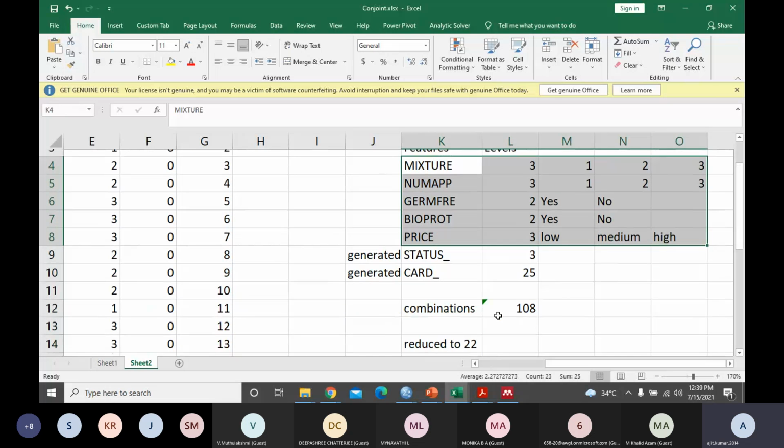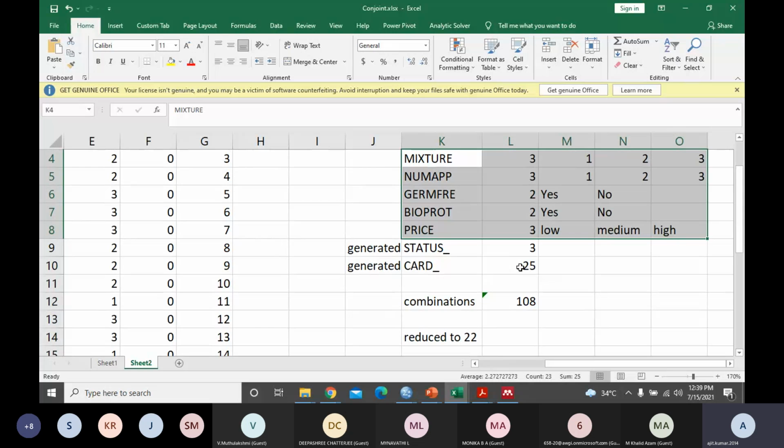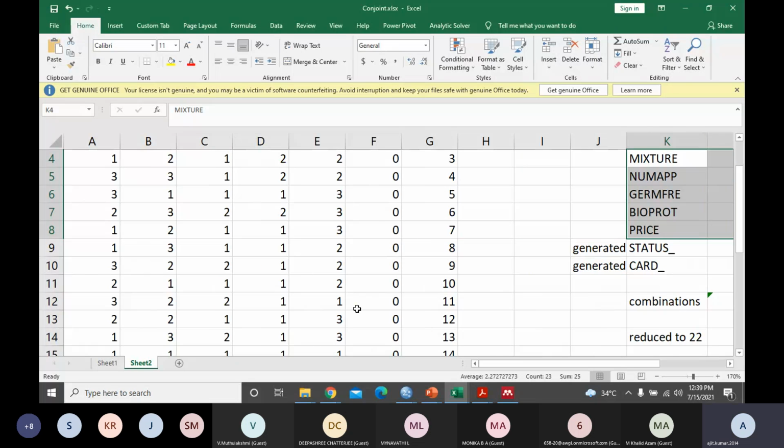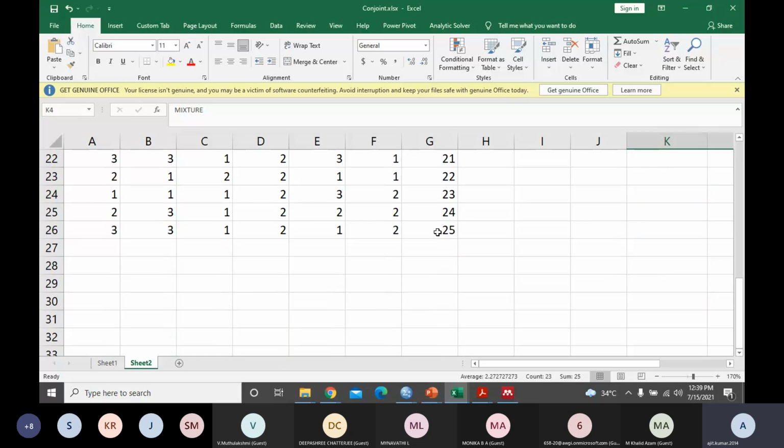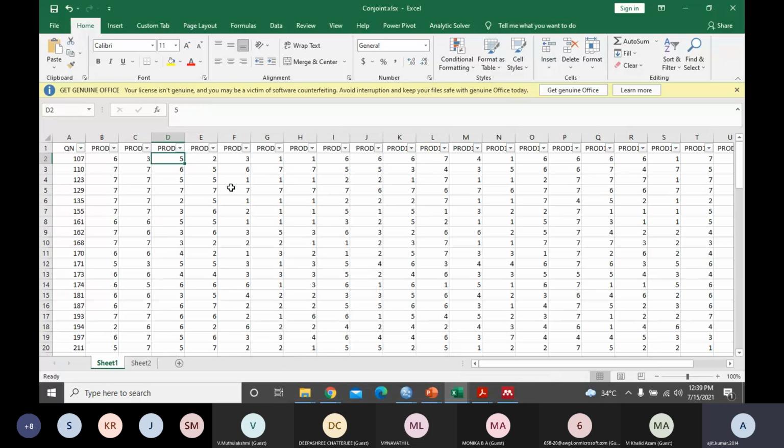And if you multiply all these levels, you will get, let's say, 108 combinations, right? Even more, if you have more levels and more factors, then using our orthogonal approach, we can reduce this to a very small number of combinations. And then we ask, these are the combinations of smartphones, which smartphone would you like to buy in the near future? All right. Now, using these 2 data files, we are going to have our conjoint analysis performed.